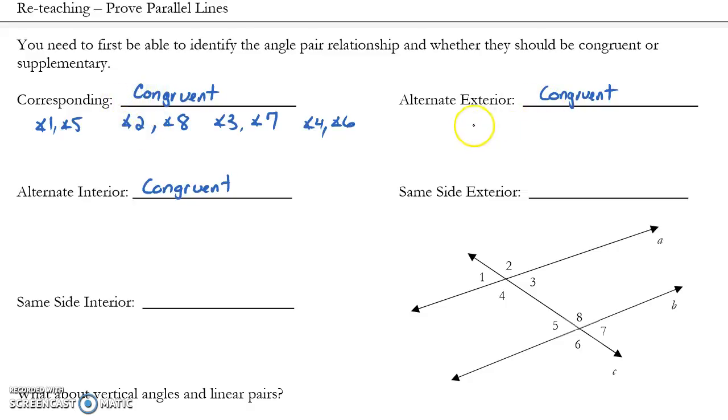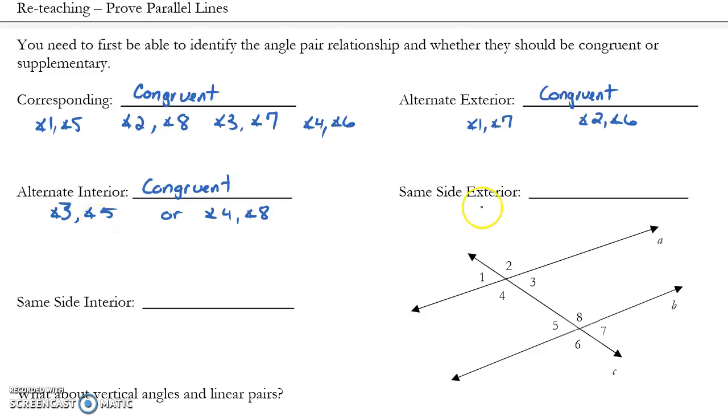Alternate exterior would be angles 1 with angle 7 and angles 2 with angle 6. If those two angles are congruent, or those two angles are congruent, then my alternate exterior angles are congruent and my lines are parallel. Alternate interior being angle 3 with angle 5, or angle 4 with angle 8. Okay, those three angle pair relationships would need to be shown to be congruent to prove that the lines are